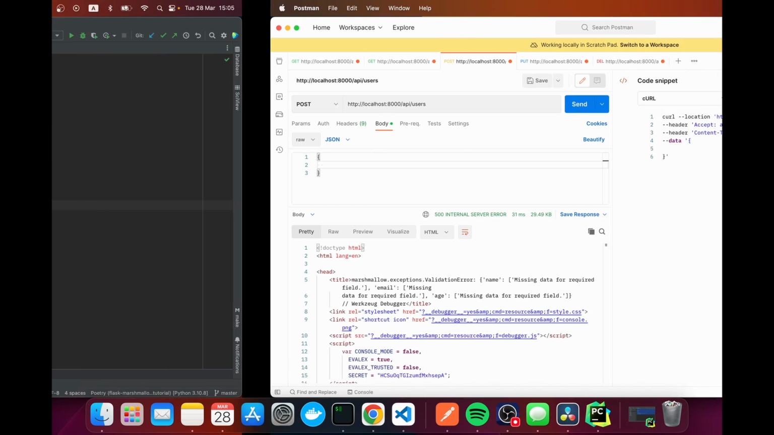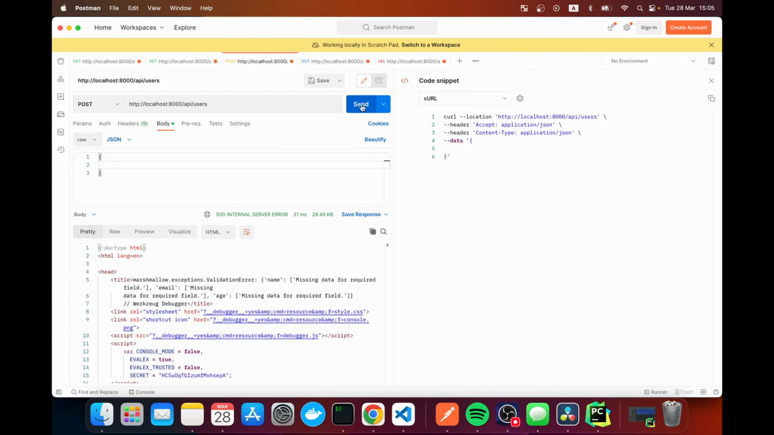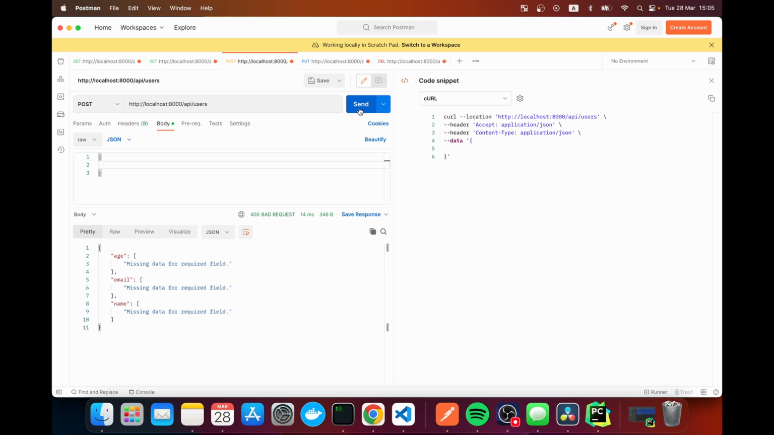So if I head back to Postman and I retry this request, we get JSON, which is correct, and we get it formatted really nicely. Our age has a list of errors, the same with email and the same with name. And these come out of the box from flask-marshmallow and also